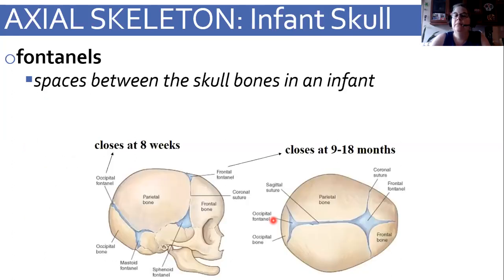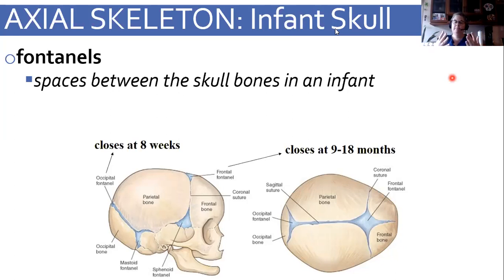Now, it's also in the curriculum that we have to know the difference between an adult skull and a baby skull. And the main difference, the thing you really need to know, is a term called fontanelles. So fontanelles, have you guys heard of babies being born and they have soft spots in their skull? Have you heard that? Someone ever talk about that? Soft spots? Baby has a soft spot, or don't touch the soft spot. Yeah. Okay, so all infants have it when they're born. All infants have soft spots.